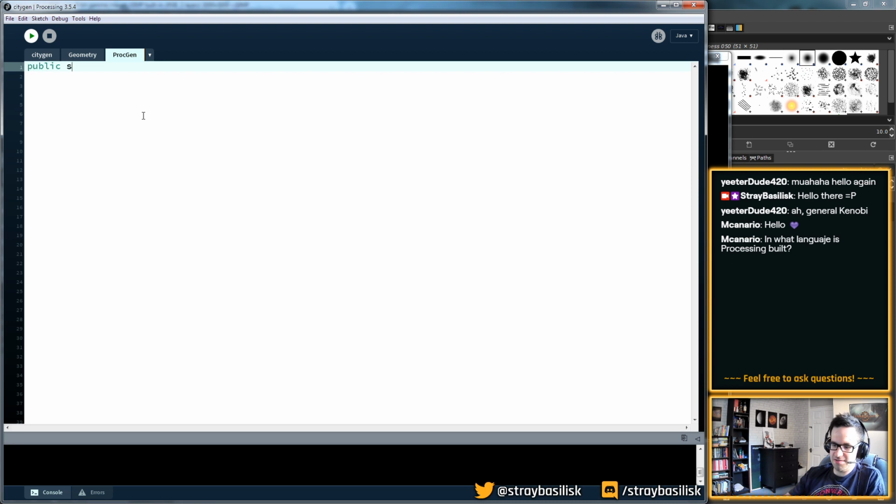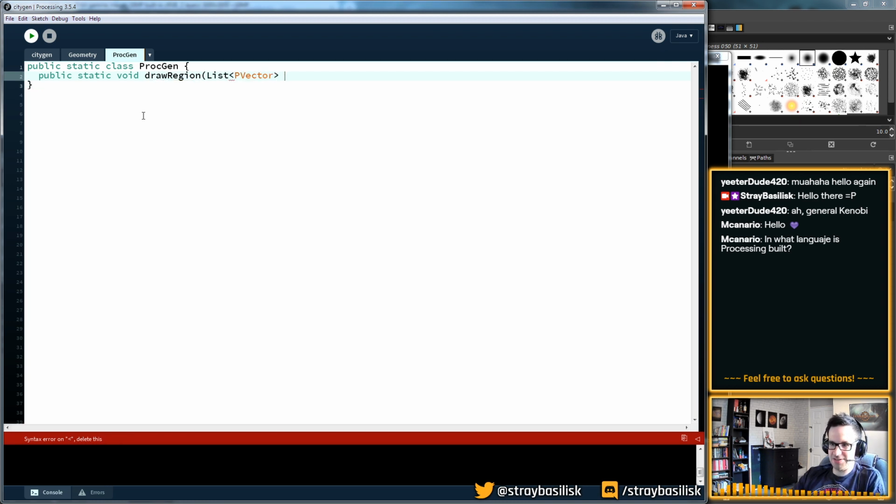gen class. Add something here which will draw a region, and a region is, again, just a list of view vectors, just one of these polygons. So, I feel like what I want to do is break this down into line segments, or do something like